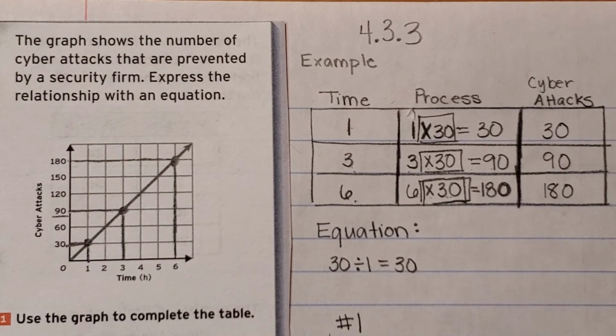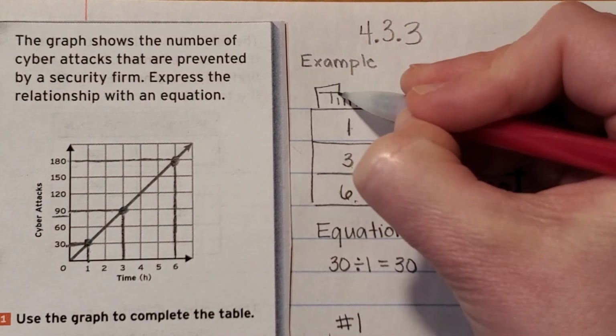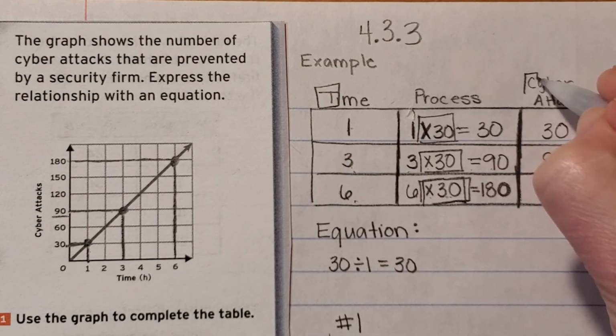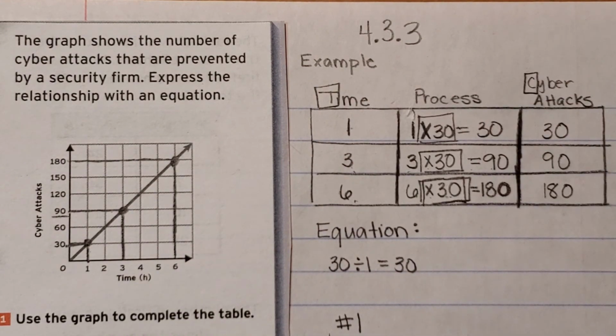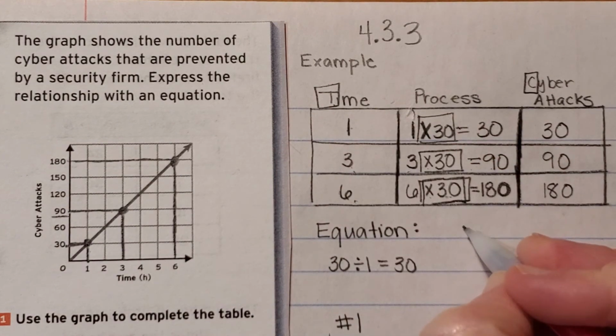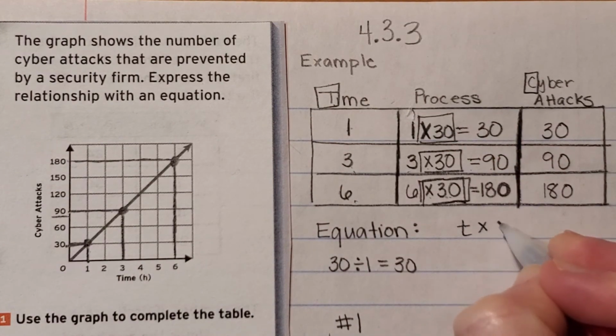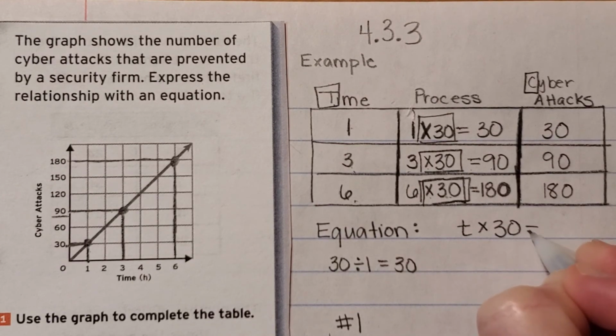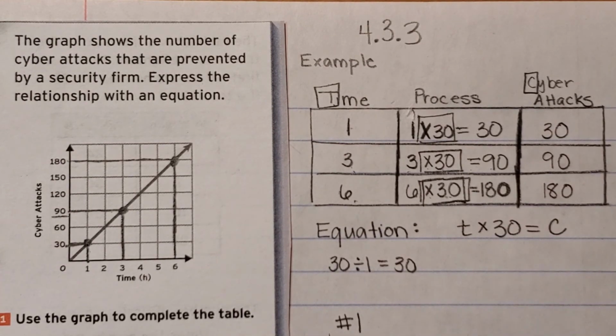So we're going to use that information to write our equation. For the equation, I'm always going to use the first letter in each word for the column to help me with the table. So I know my time times 30 will give me my cyber attacks. I could also write it as cyber attacks is equal to our time times 30. Either way,